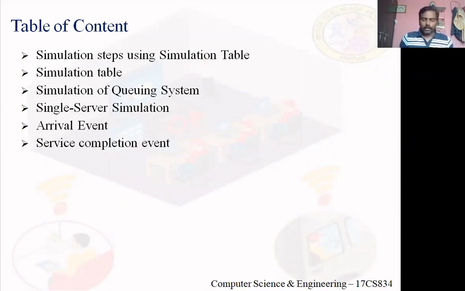Okay, now if a new customer arrives at the bank, what happens? An event is triggered, that is an arrival event. And it causes the state of the system to change, right? I mean, now the number of customers in the bank has increased by 1. Here, the state variable has changed. Now, one more event is the service completion event, or I'll call it the departure event. An event is an occurrence that causes the state of the system to change.